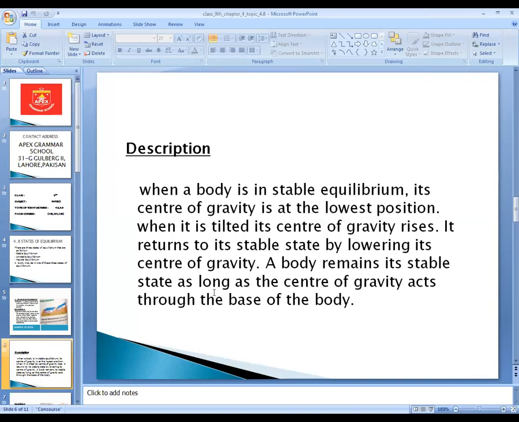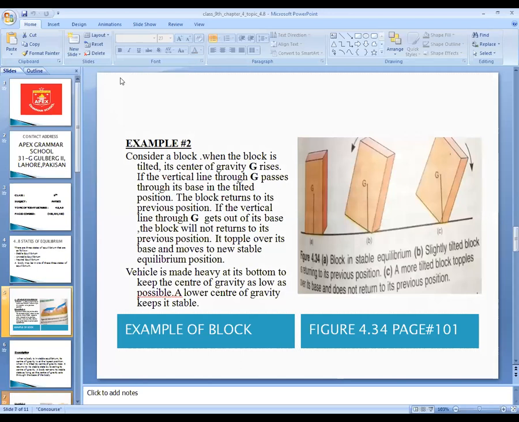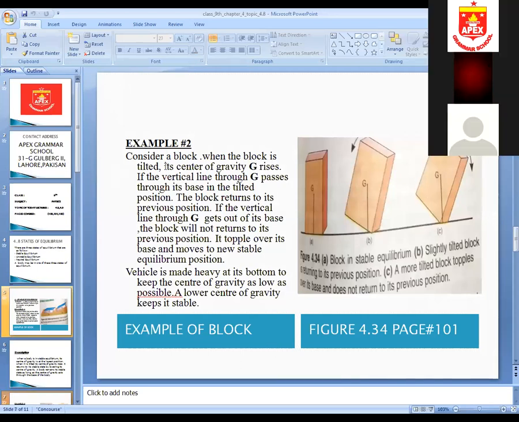A body remains in its stable state as long as the center of gravity acts through the base of the body. If I tilt it more, the body will not come back to its original position, but if I tilt it slightly, it will. The second example of stable equilibrium is the block. When the block is tilted, its center of gravity